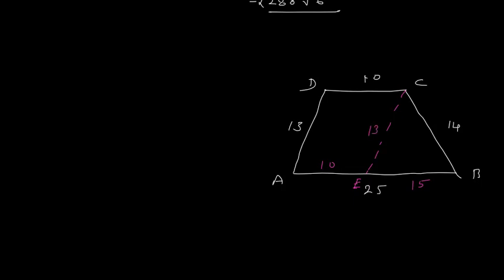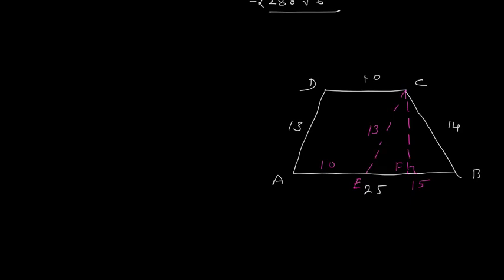Now in triangle CEB we can apply Heron's formula and find the area. Once we know the area, to find the height, we draw a height like this. So CF is the height. Now the area of a triangle can also be calculated by the formula half into base into height. So by that I will find the value of this height. Once I get the height, I can find the area of this parallelogram. This is, I think, a simpler way to solve this problem.